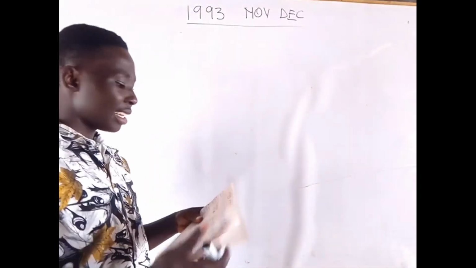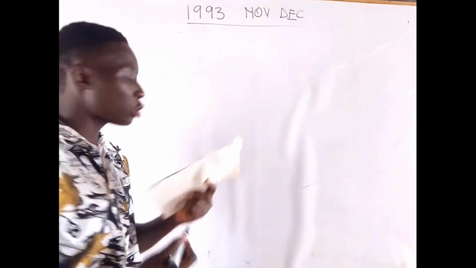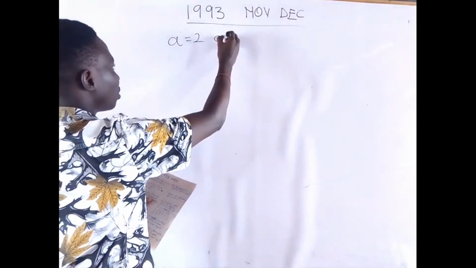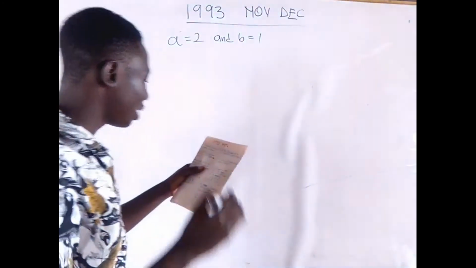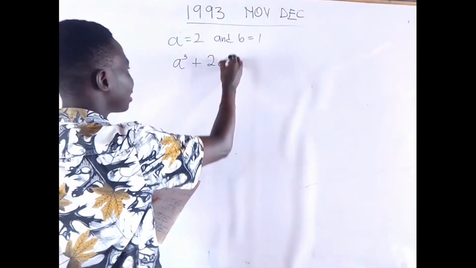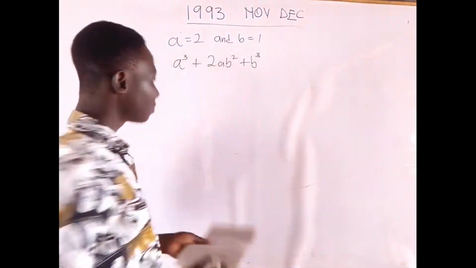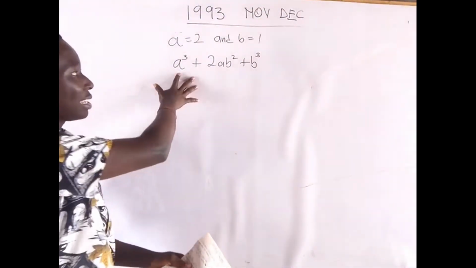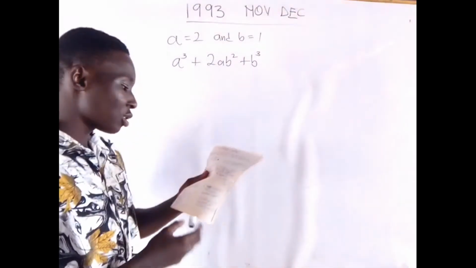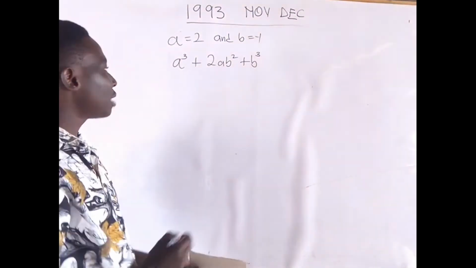Find the value of a cubed plus 2ab squared plus b cubed when a is equal to 2 and b is equal to -1. So the expression is a cubed plus 2ab squared plus b cubed. So now what we are going to do over here is that we are going to substitute a is equal to 2 and b is equal to -1 into the expression. So when we do that, we are going to get